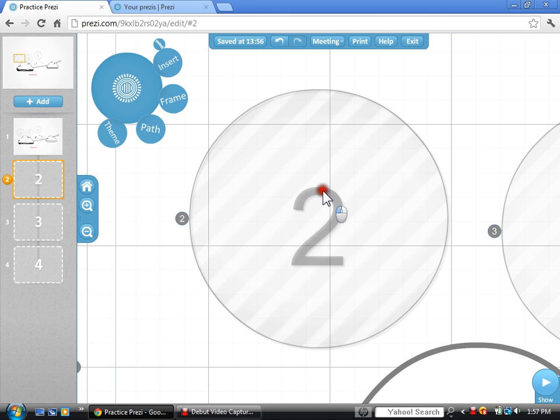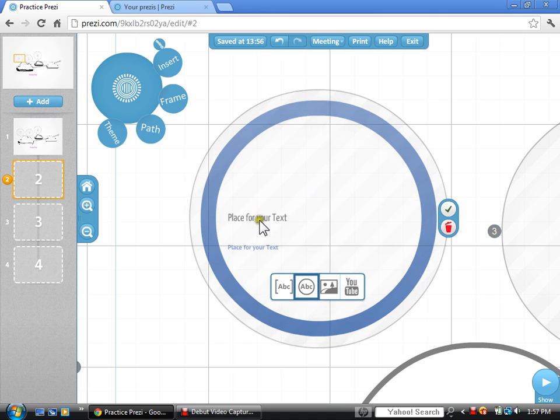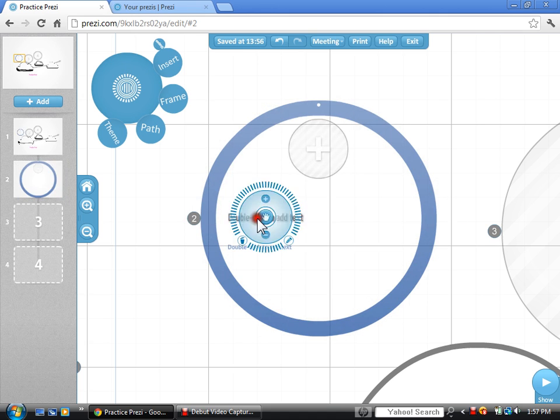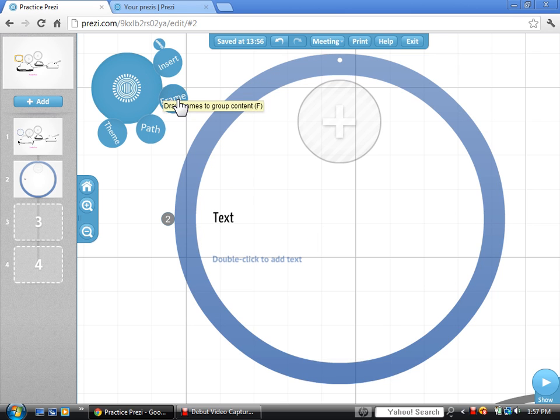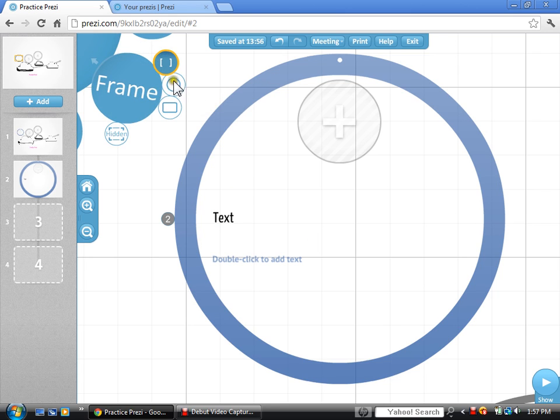So I go to 2, and I click on it, and there's a place for my text. So I just double click, and I'm just going to write text. And you can see I can also add text there, so I hit OK. So this is my frame here itself. I can also change how the frame looks. I can make it more a circle, make it a square, but I'm going to leave it how it is. But those are 3 options within your frame. And also hidden, and that means it's not going to show this blue arrow around it.